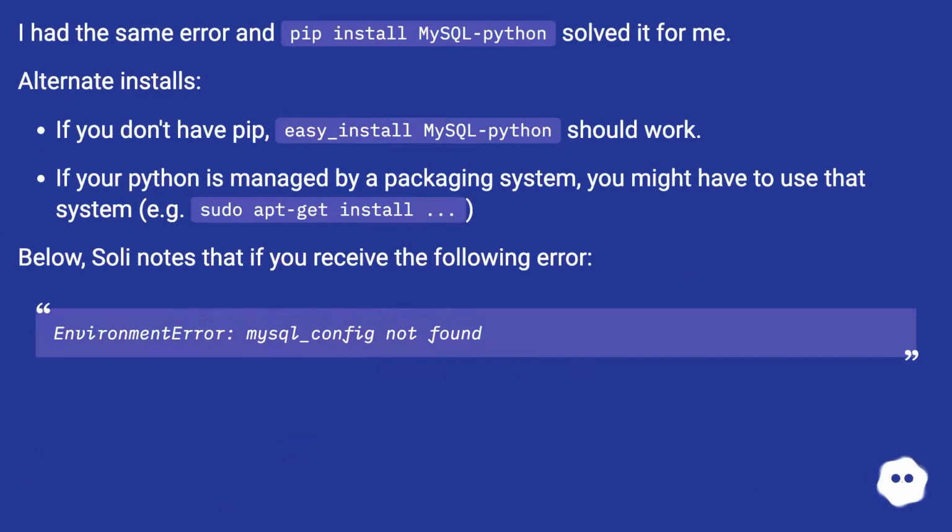I had the same error and pip install MySQL-python solved it for me. Alternate installs: if you don't have pip, easy_install MySQL-python should work. If your Python is managed by a packaging system, you might have to use that system, e.g. sudo apt-get install ... Below, someone notes that if you receive the following error: EnvironmentError: mysql_config not found,